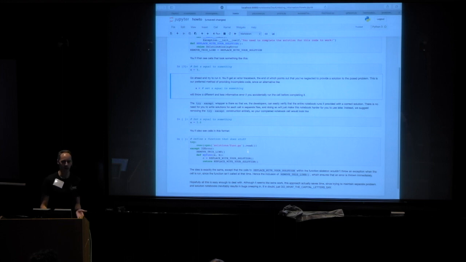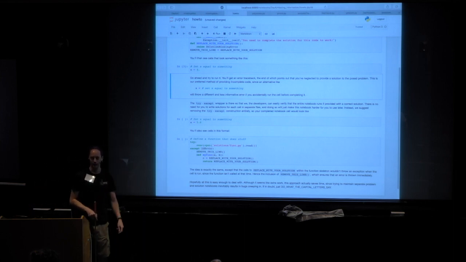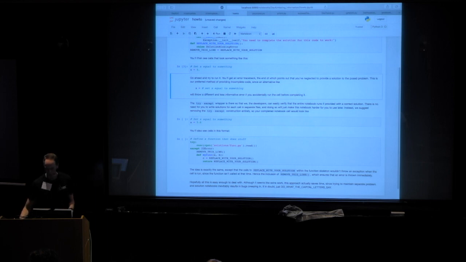So it's a little bit more work for you. The advantage is even in the future when I make changes to this notebook, I can guarantee you that this thing will work if you put in a correct solution, because I have the solution file, and so I can just run all the cells and see that it produces something and doesn't throw some kind of crazy error. So anyway, I hope that isn't too much additional overhead for you all.